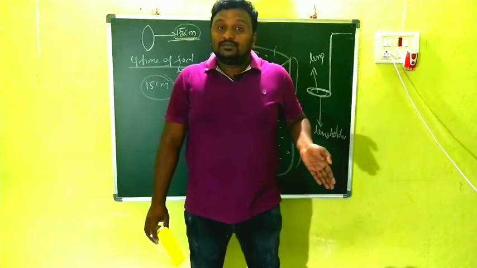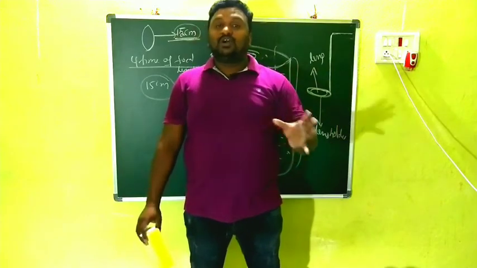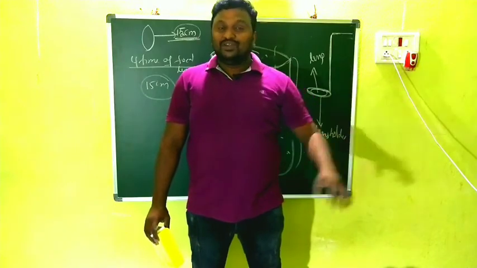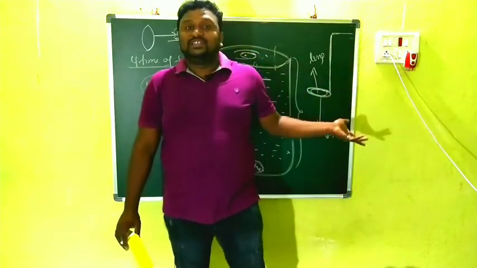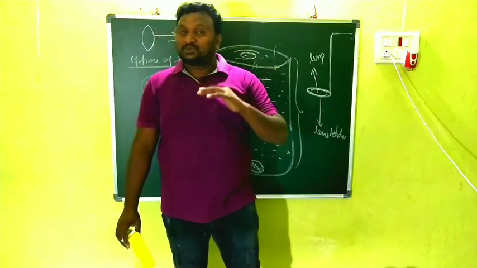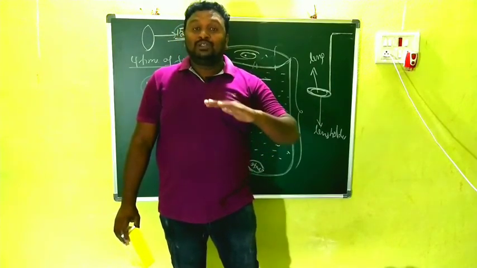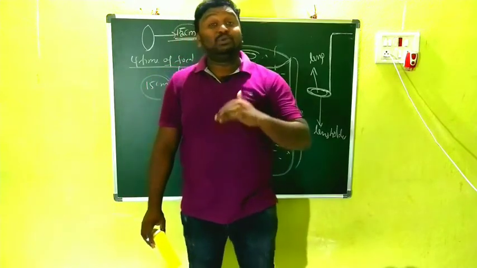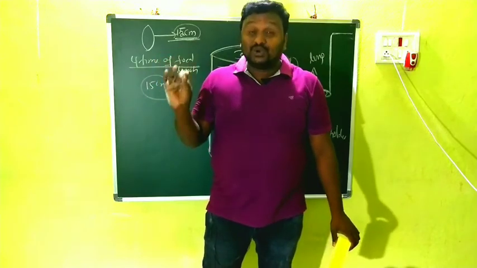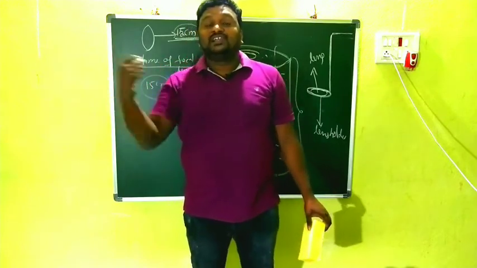Now the medium is what? Water. That means the stone first is in air, now it is in water. That means the medium changes. When the medium changed, the focal length also changed. When it is in air, up to 15 centimeters we can clearly observe the stone through the lens. But when we take water, more than 15 centimeters also we are able to see the stone through the lens very clearly. So that means what? When we change the surrounding of the stone, the focal length also changes.